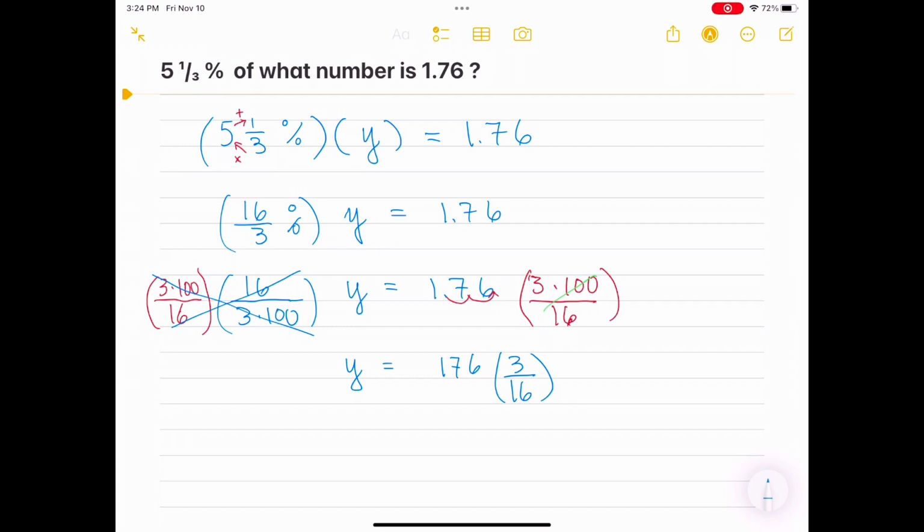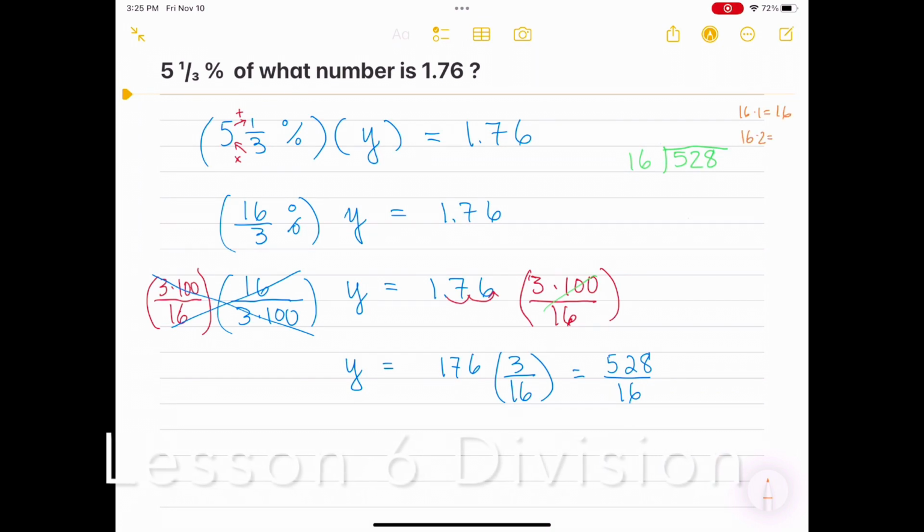176 times 3, we do that calculation on the side and find that it equals 528. So we go back into our equation and simplify 176 times 3 to be 528, and we continue with the calculation, 528 over 16, or 528 divided by 16. If you need a refresher on how to do long division, please watch my earlier video, lesson 6, on division,